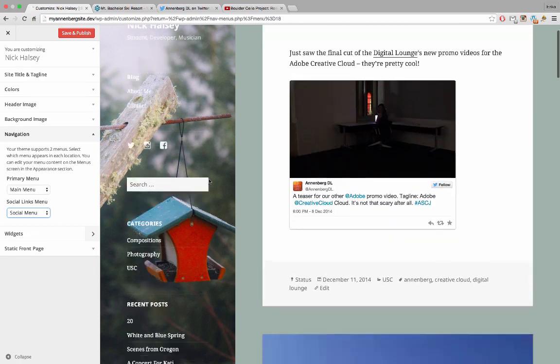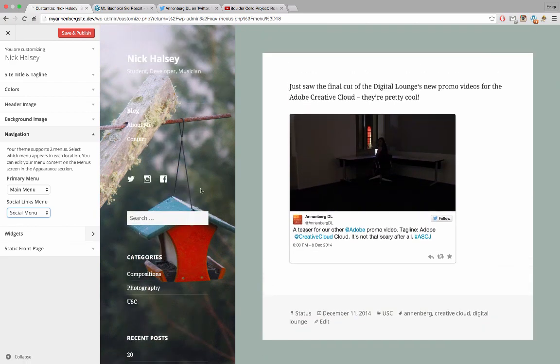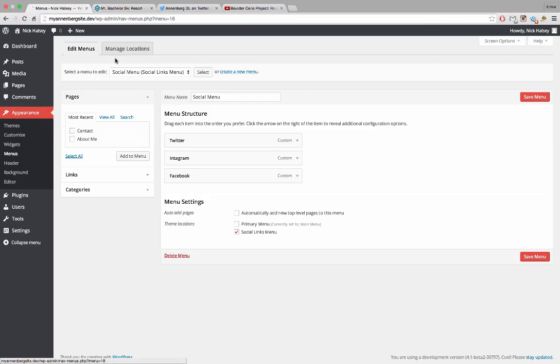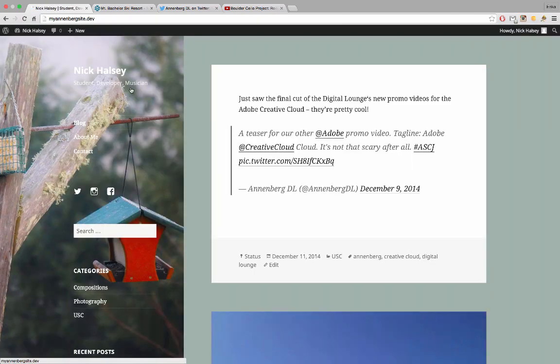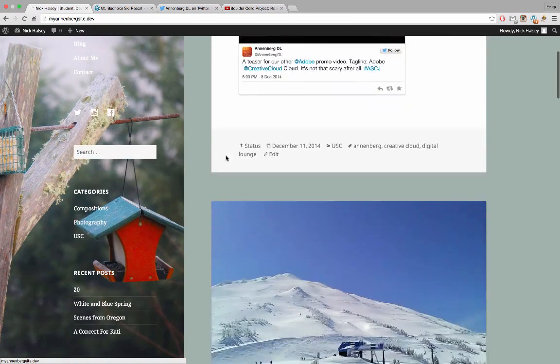And so since it looks like there's room on this one line for more icons, I might go back and add a couple more links to that menu later. But for now, I think this looks pretty good. So I'm going to go ahead and save and publish that and close out of here. And let's look back at the front end one more time just to see how we're liking how the site